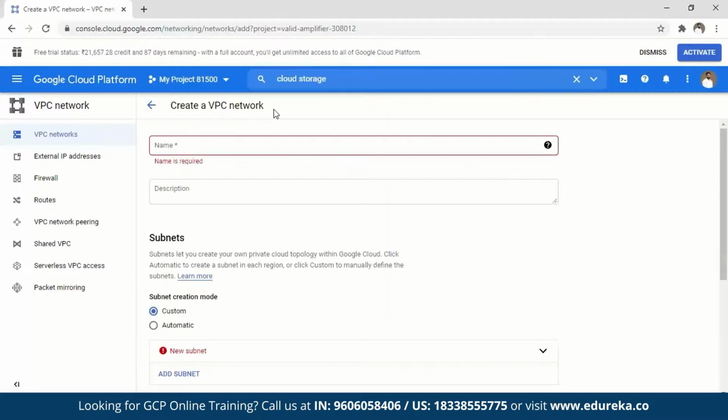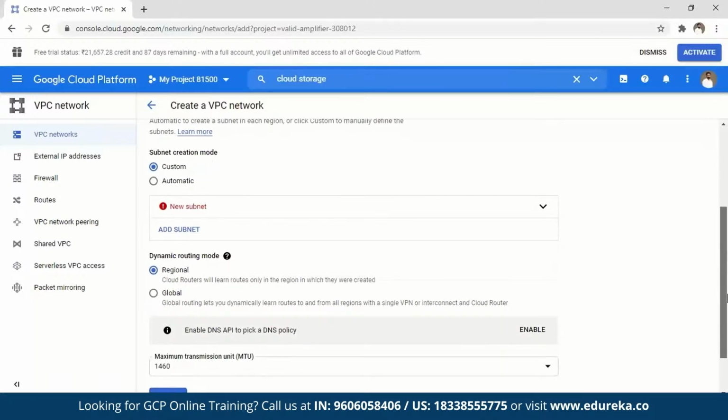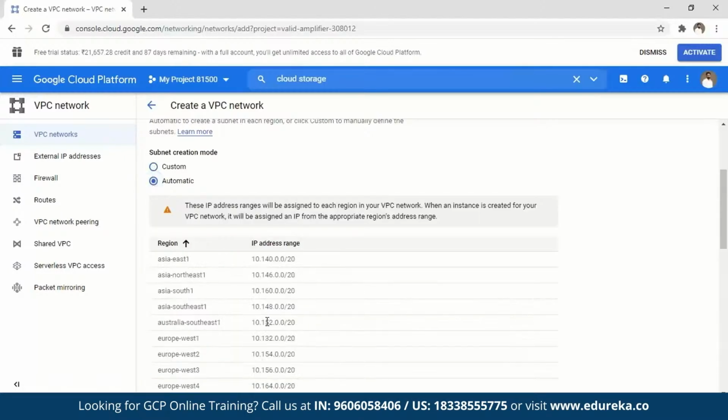It's fairly easy. You can definitely try doing it on your own, but let's not spend too much time doing this. Okay. So you can basically give a name, maybe ABC as a network. That's a terrible name, but let's stick to that. Apart from that, you can decide whether you want to automatically create subnets or custom create it. What's the difference? When you custom create it, you specify what IP addresses you want to put under a subnet. If you select automatic, it will automatically distribute the IP addresses. Say, for example, you have 20 IP addresses. You can decide what these 20 IP addresses need to be assigned to what subnet. Accordingly, you can decide that based upon the region in which these exist. So this is one.